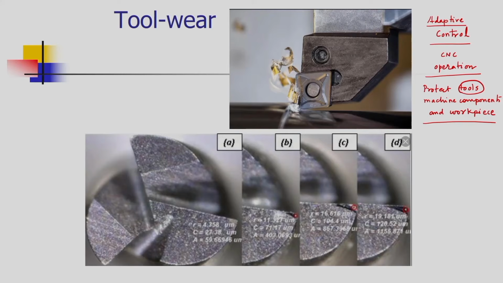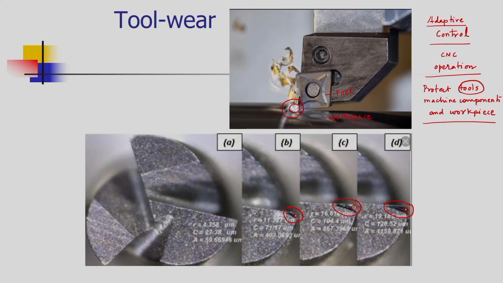So, if you take the example of the CNC milling operation, during the CNC milling operation there is a huge amount of friction occurring between the tool and the workpiece, and due to that a lot of heat is generated at their contact point, at their interface, and due to that there is wearing and tearing of the tool as well. So, the tool edge will get blunt, and due to the blunt tool edge the friction will further increase as the sharpness is reduced. So, we may not even get a proper surface finish.